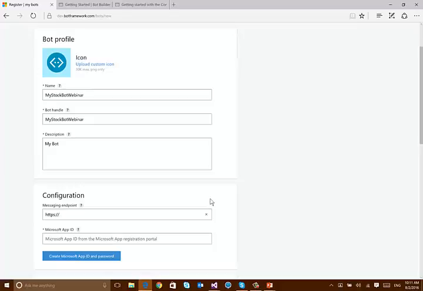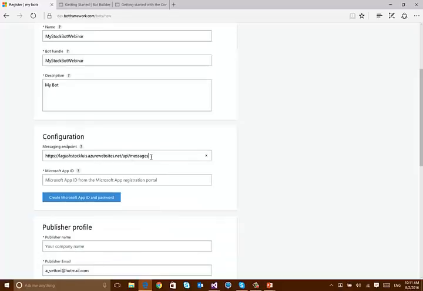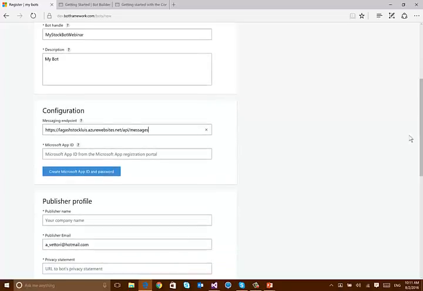And for example, we can put the name of the URL I have put together, Azure websites.net/api/messages. This is the endpoint for all the bot framework agents. That's always the same URL, slash api/messages for a Web API application,